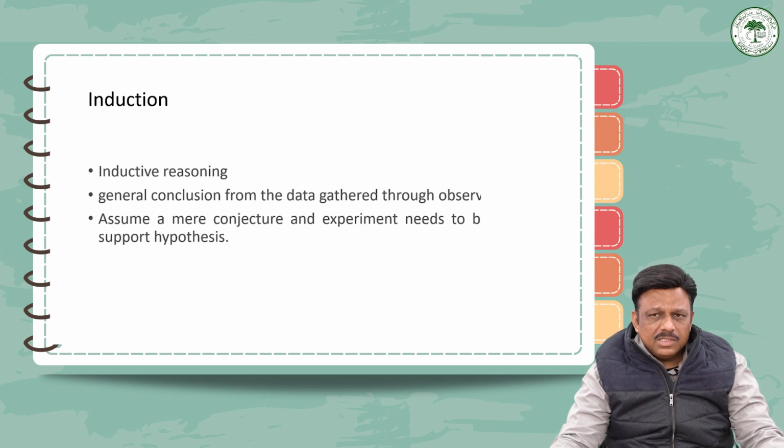For example, just for the sake of clarification, this example is given: species of flower which bloom in a different color during a specific season. If that is the point of research, then a researcher may ask a question: does the temperature in the season cause the color change in the flower? Is it the temperature or something else? So he can assume that it is, however, it's merely a conjecture. Hence, an experiment needs to be set up to support this hypothesis.